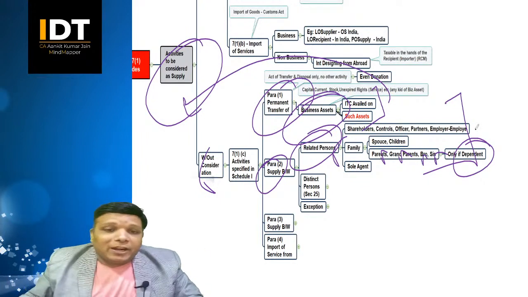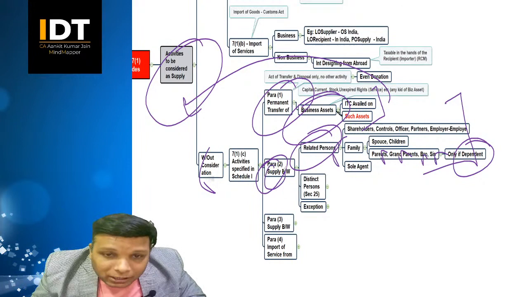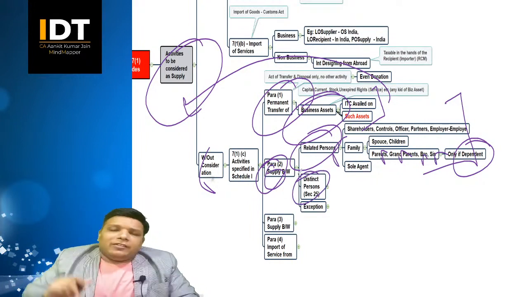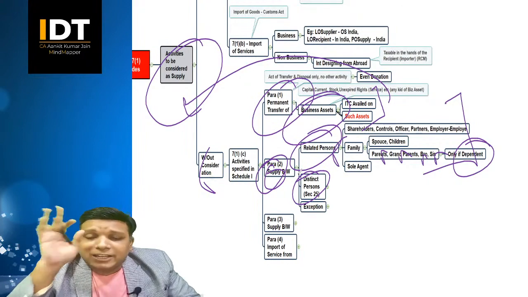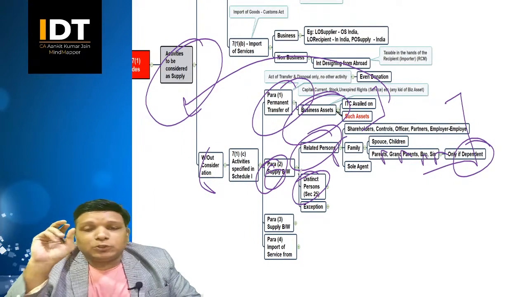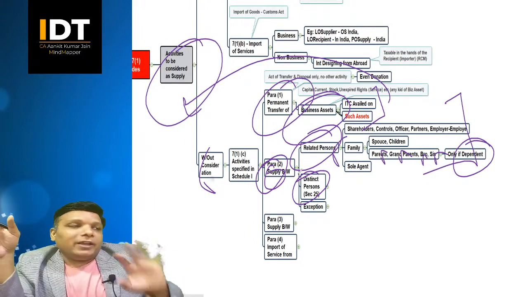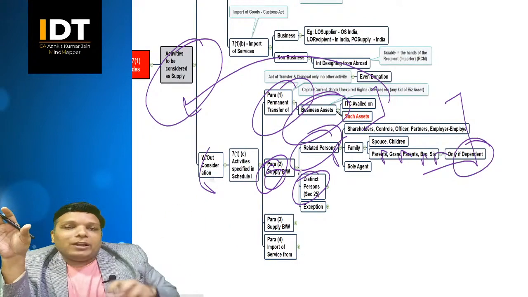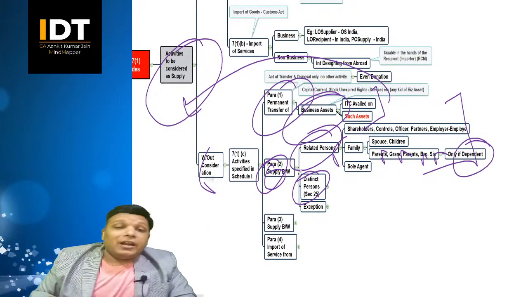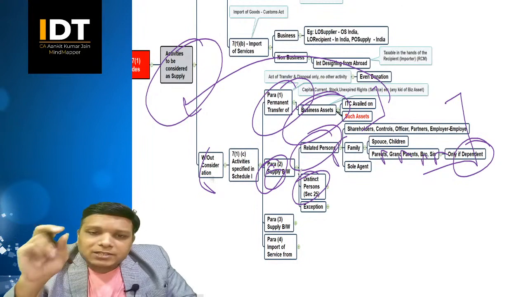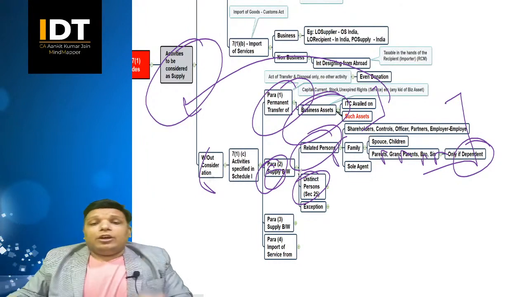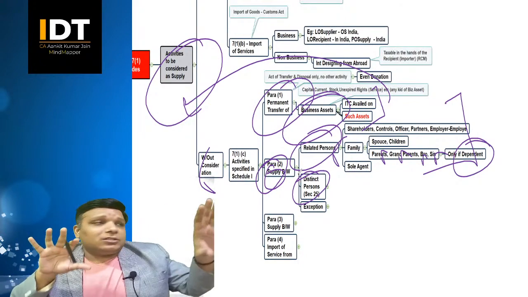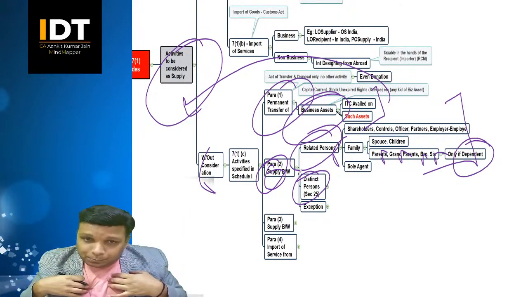Now we are seeing para number 2, supply between distinct persons. Very important concept under GST. Section 25 speaks about distinct persons. We have heard the concept of split personality. I have two forms, one I look like this, one like that. One I am angry and one I am not angry. Correct? Similarly, you have the concept of distinct persons, right? If there's a transaction between this person and this person, I am the same person, but I